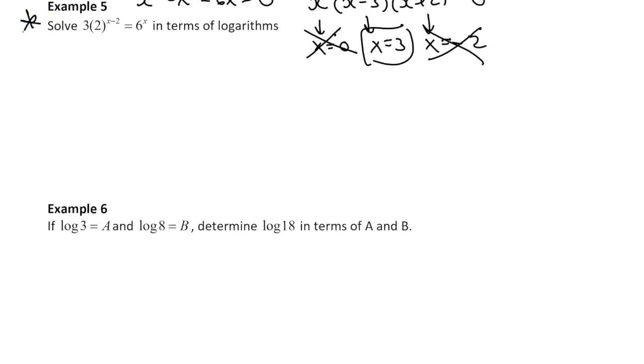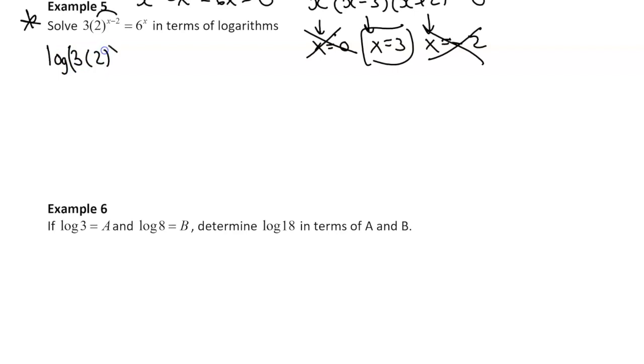It's so tempting to look at this question and to say, 3 times 2 is going to give me a base 6, and once I have a base 6 on the left side and a base 6 on the right side, then I can just drop the logs. But we can't do that because that wouldn't be proper BEDMAS. Taking a look at something like that, this 2 belongs to the power of x plus 2, but the 3 doesn't. So what you'd have to do is you'd have to say log 3